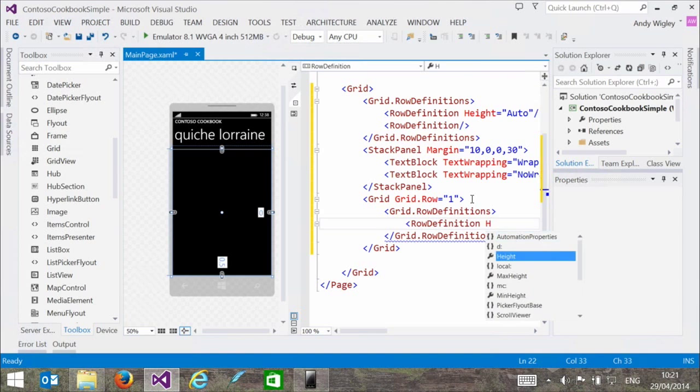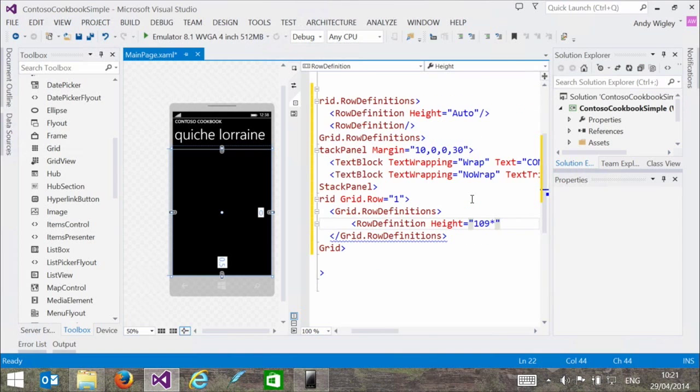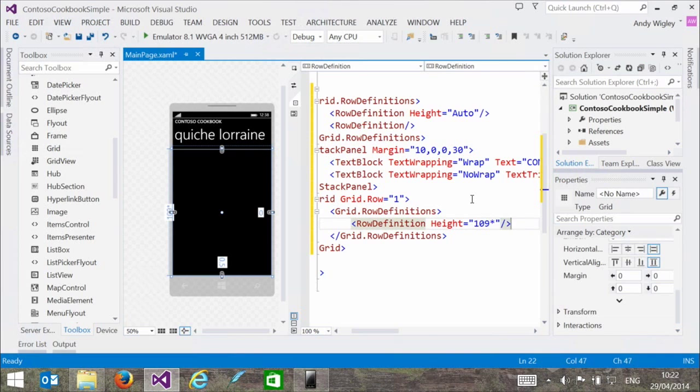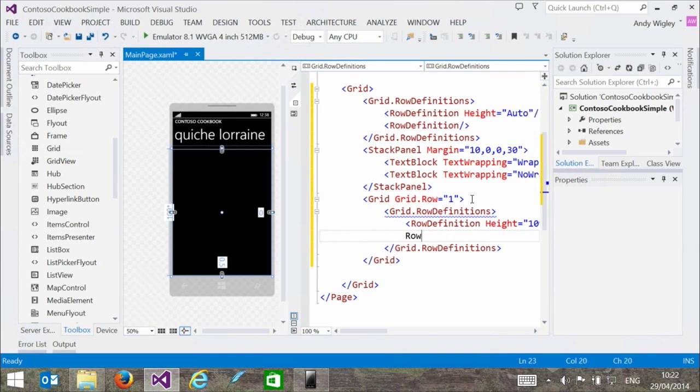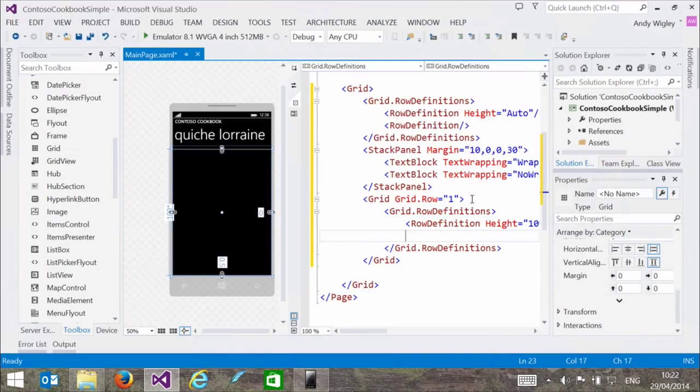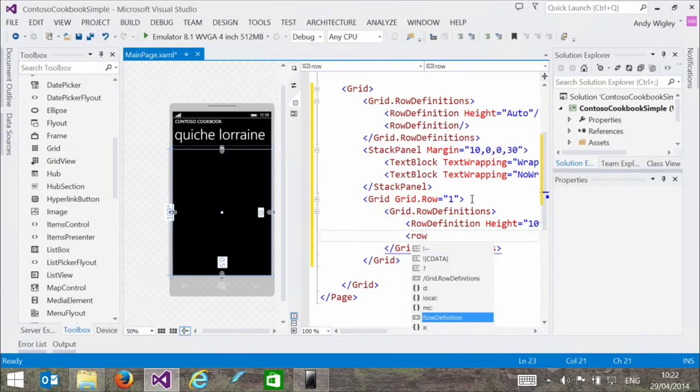You've got all of those options. And this height is going to be equal to, and I'm going to use the star thing here, 109 star. So that's my first one. And then we're going to add another row under there. So, I'll get my opening tag right. Row definition. And this one height is going to be 155 star.